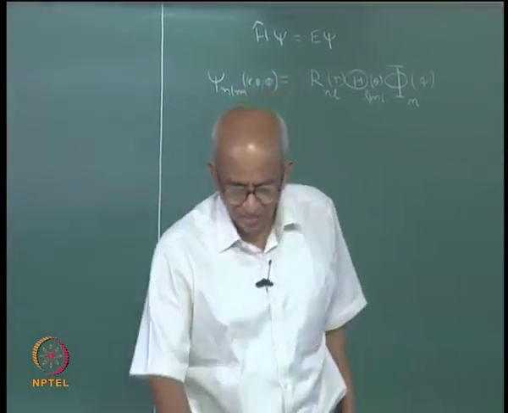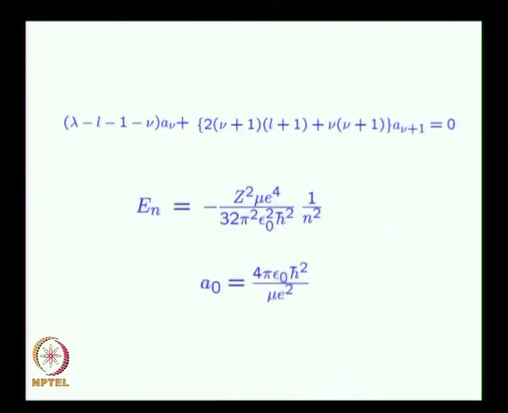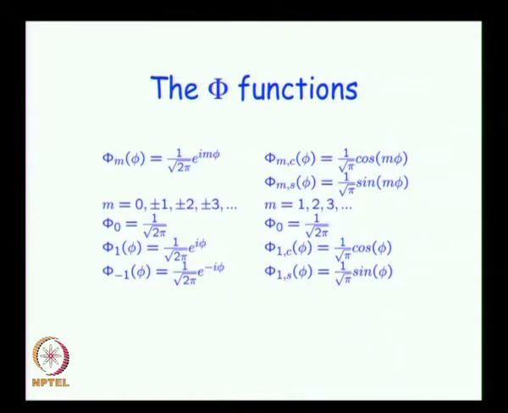Capital phi, we have actually studied them in detail. So, these are the forms of capital phi. Capital phi in general would have the form 1 by square root of 2 pi e to the power of i m phi. This is the general form of capital phi, and there that quantum number m takes the values 0, plus or minus 1, plus or minus 2, plus or minus 3, etc. Right? It can take all those values. Specifically, if you say that